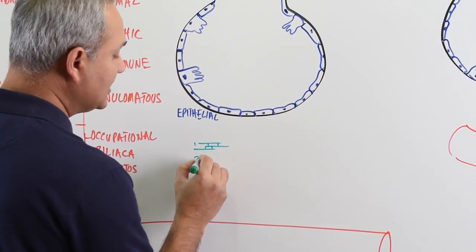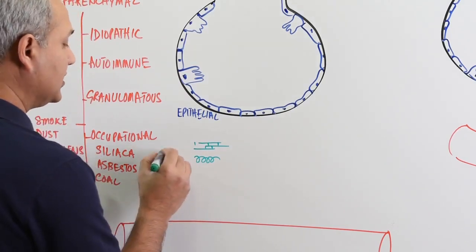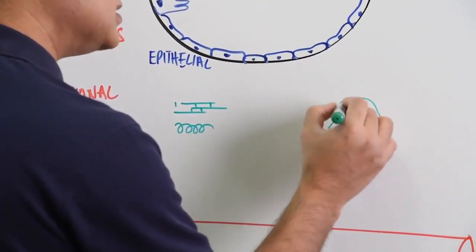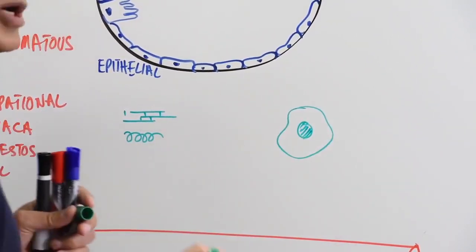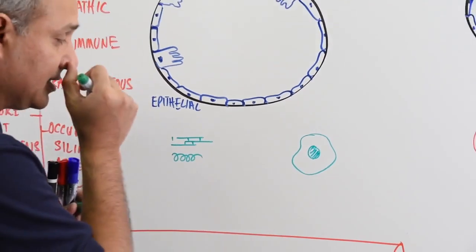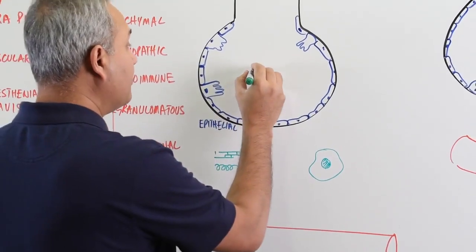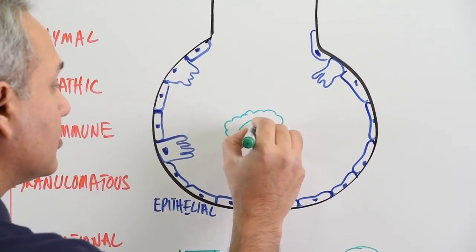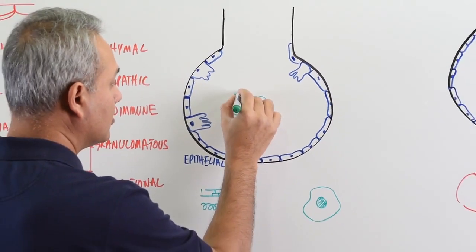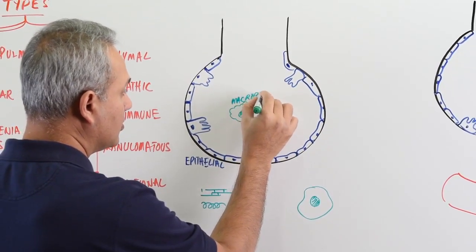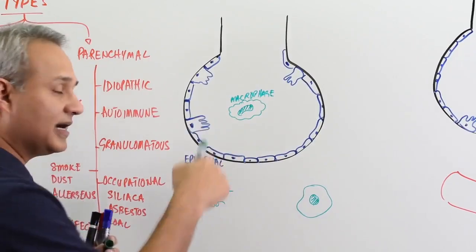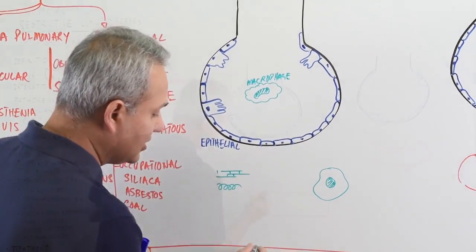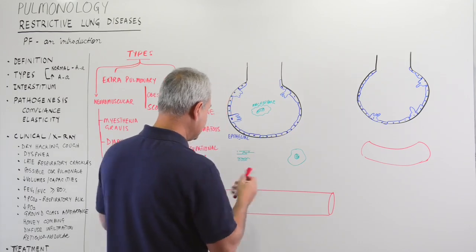We may have some elastic fibers, so collagen and elastic fibers. We may have some occasional mast cells sitting here, some other mononuclear cells sitting here. We have macrophage sitting inside the alveolus in the free alveolar space, and then we have the endothelial cells here